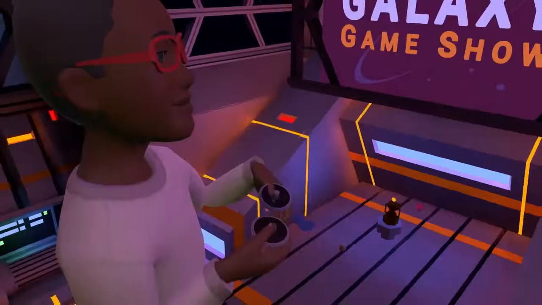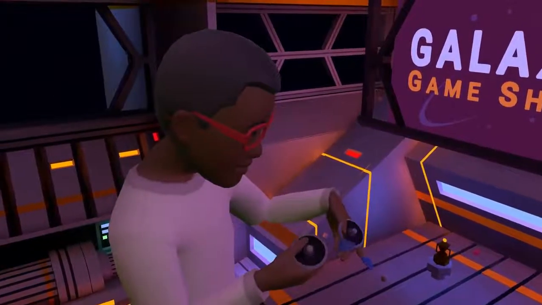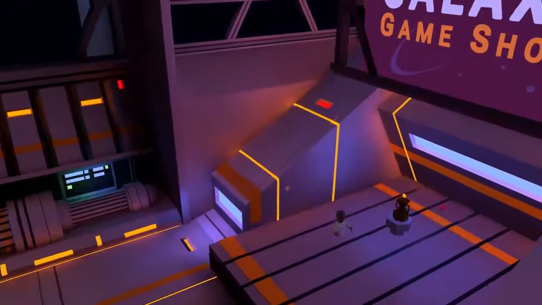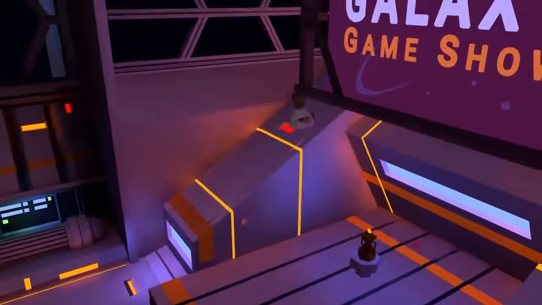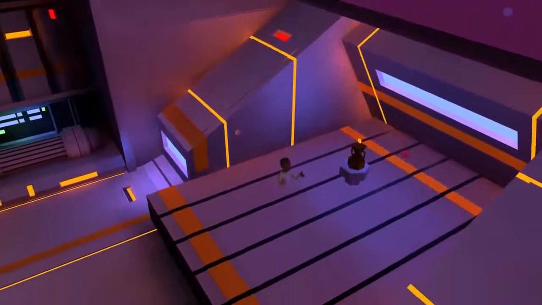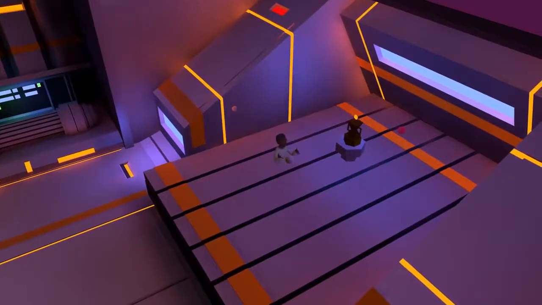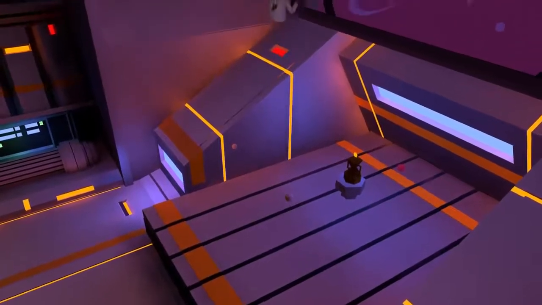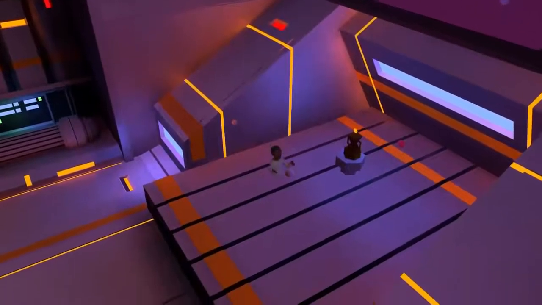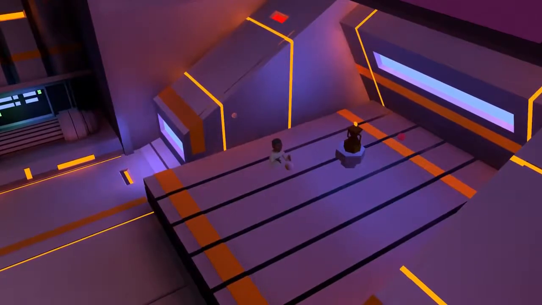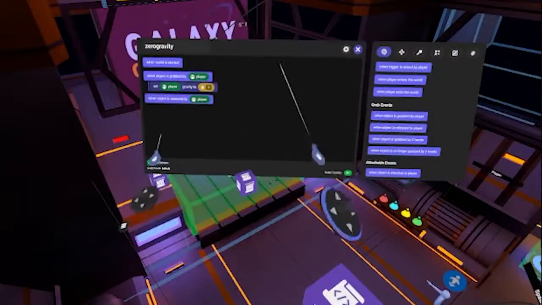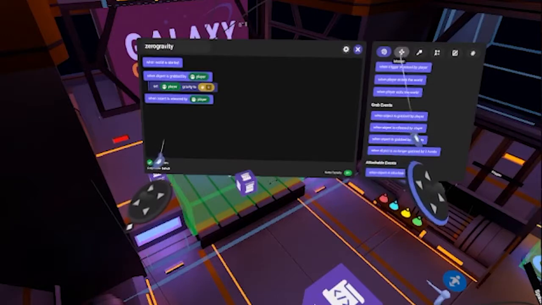Now, we can close the editor and open the properties panel for the object we want to attach the script to. If you go into preview mode and grab the object and jump, you'll notice that we're in zero gravity. However, if you release the ball and keep jumping, you're still in zero gravity. So let's open up the editor and go back to the scripting mode, where you can add a code block that says when object is released by player.